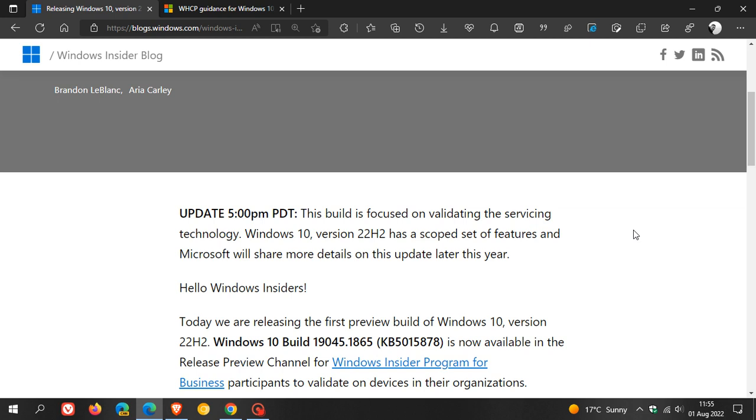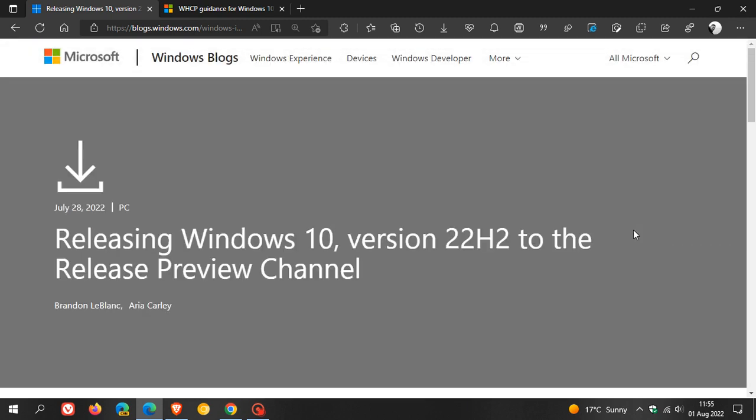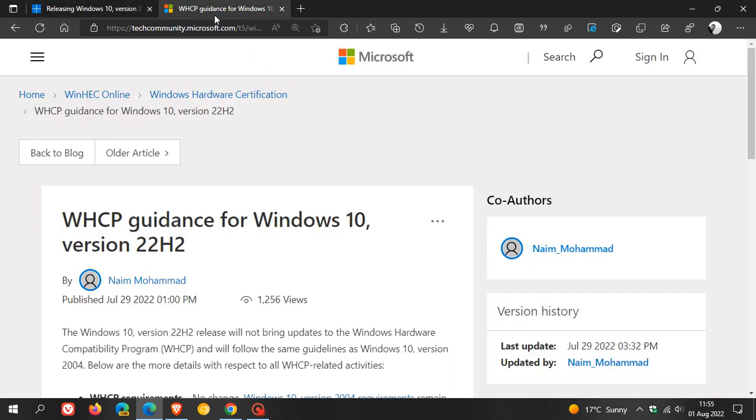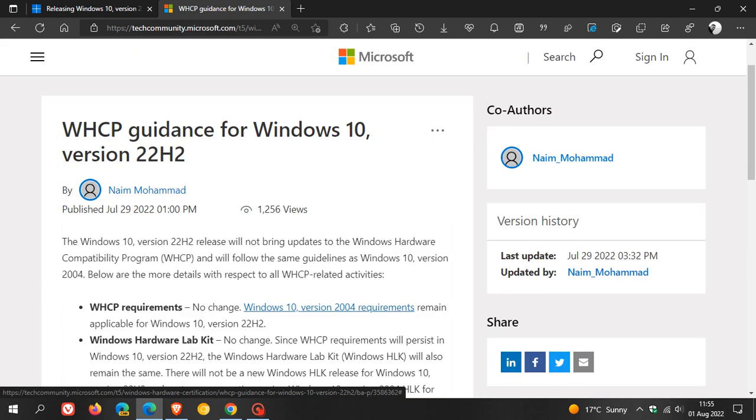Now, just on a side note, which I thought you might find interesting, Microsoft has also noted in another blog post that there are no changes in the Windows Hardware Compatibility Program for version 22H2, which is called WHCP for short, and all the requirements will be exactly the same as Windows 10 version 2004. That obviously doesn't come as a surprise, but nonetheless I thought this was interesting. And this was posted on the 29th of July, and it says here,